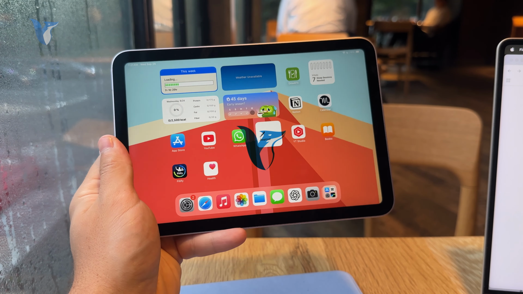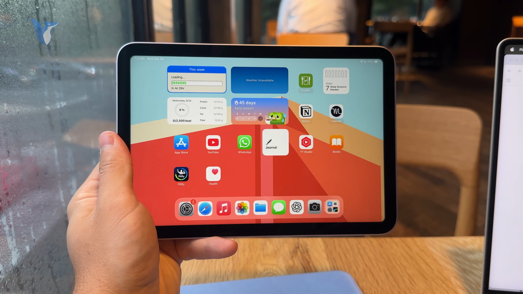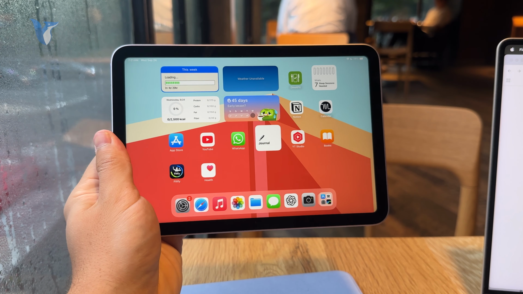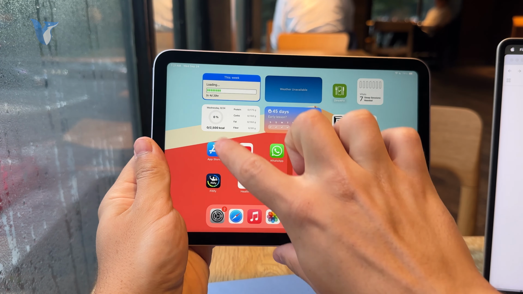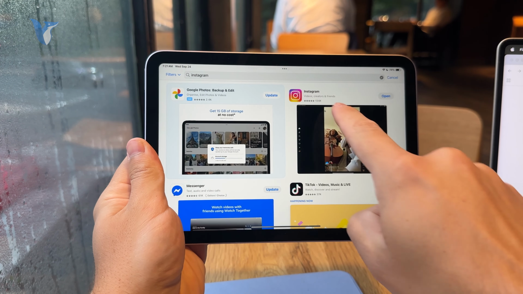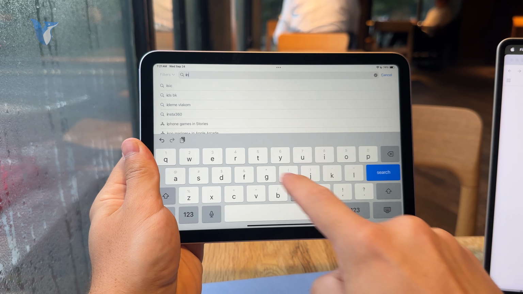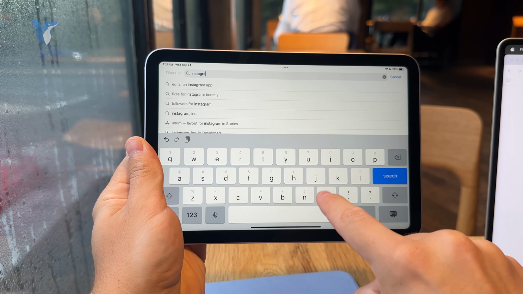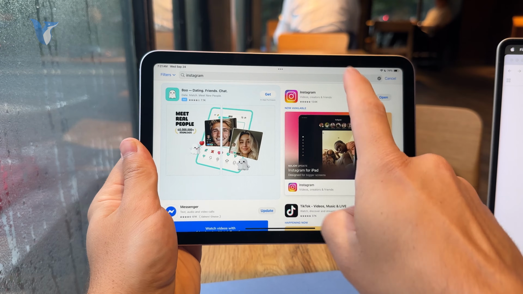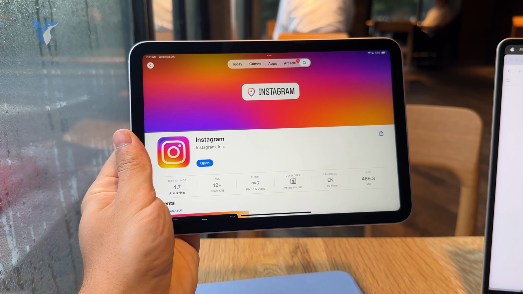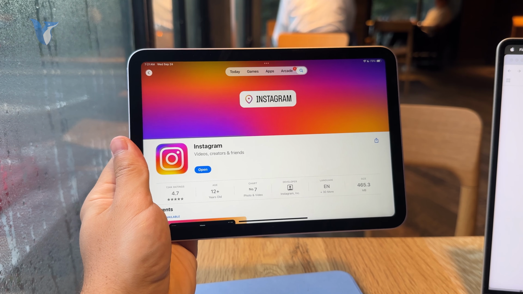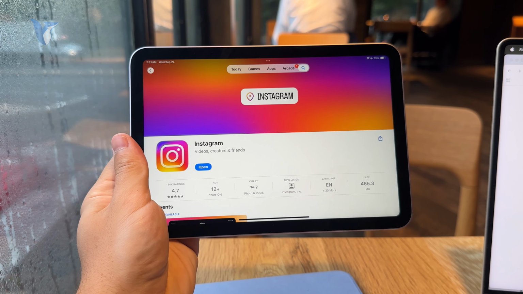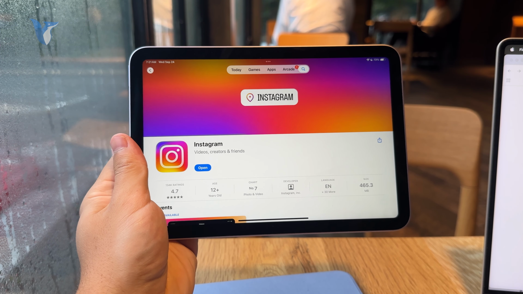So how do you upload Instagram Reels from the iPad? It's important that you have the latest version of Instagram. You can open up the App Store and look up the word Instagram. If there is an update available, make sure you install it, as recently Instagram came out with a full-fledged version of the platform for iPads as well. We used to not have that, but make sure you have the latest version so you get the full screen